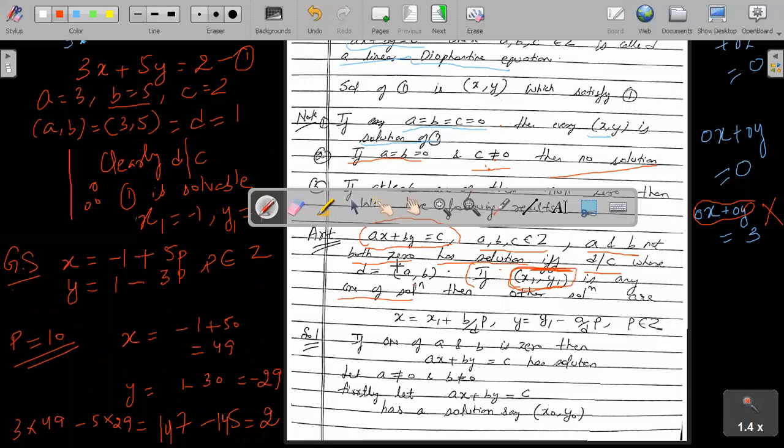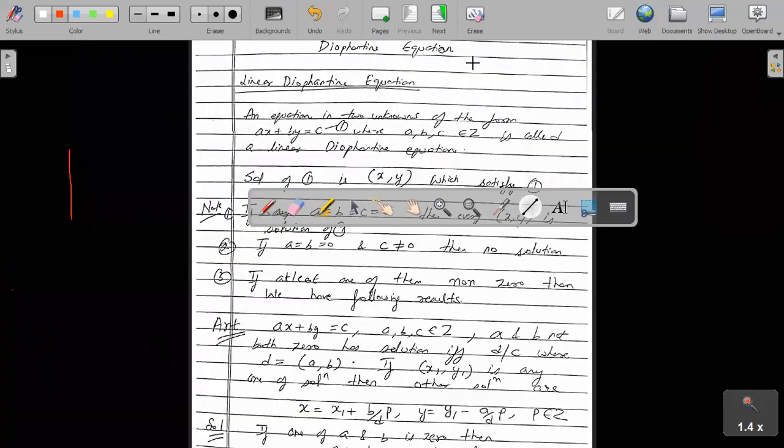So proof wise, the proof is very, very easy. We will apply the definitions, whatever we have done so far. So let us see what we have to do. Now we have to prove that the solution exists. So ax plus by is equal to c has a solution if and only if the GCD divides c. We will prove this part first, right? So you see, now first we have assumed that, let me raise this. So you see, the equation is this one. The equation is ax plus by is equal to c. I have written the proof here.